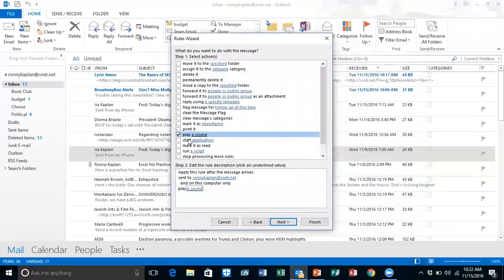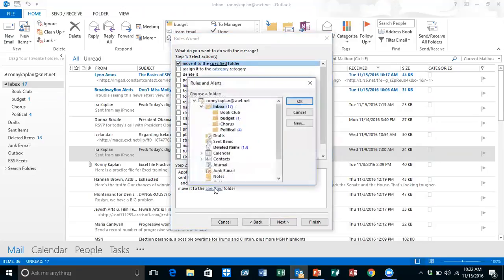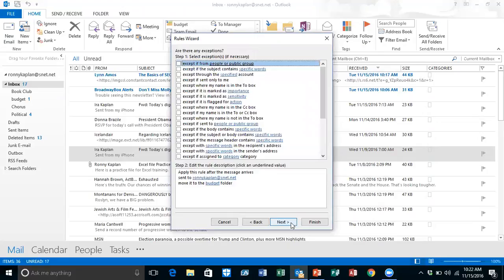Okay, that's probably not a good choice. The best choice is probably to move it to a folder. And let's say then we would say, okay, what's the specified folder? I'm going to say budget, and I'm going to say okay, and then next, and then it asks if